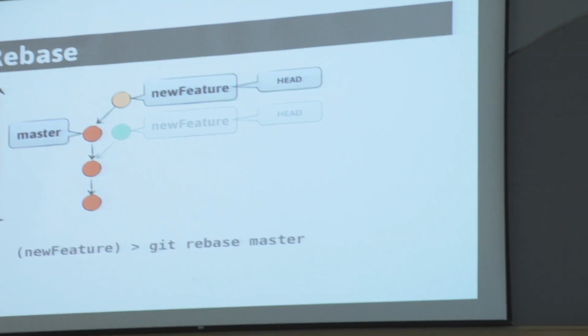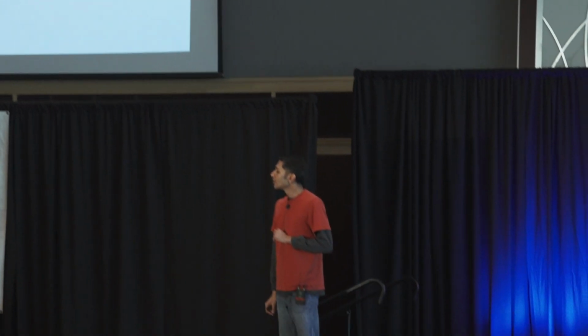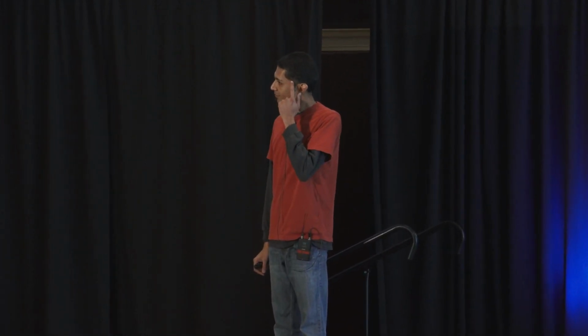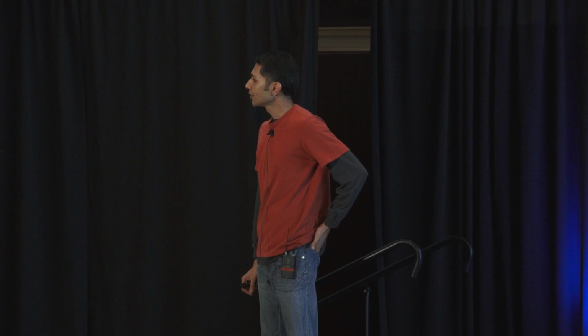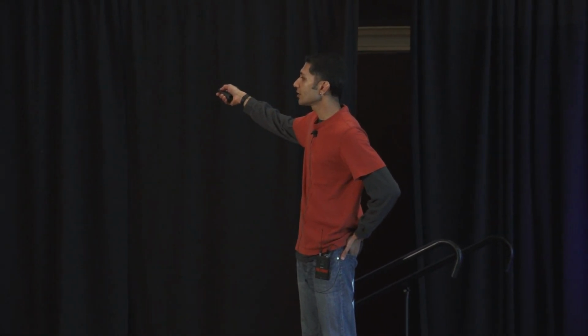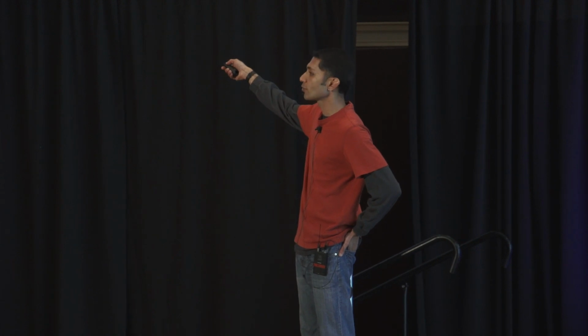Just one second. Yes, sir? So it's literally not just changing the parent pointer. It's actually changing what is stored, zipped up into that init for new feature. Like it's changing the actual contents of that. It cannot change the contents. If here I added b.txt, that b.txt still exists over here.